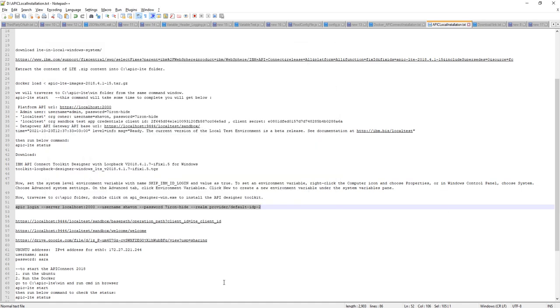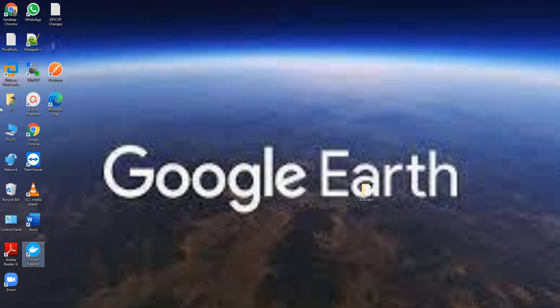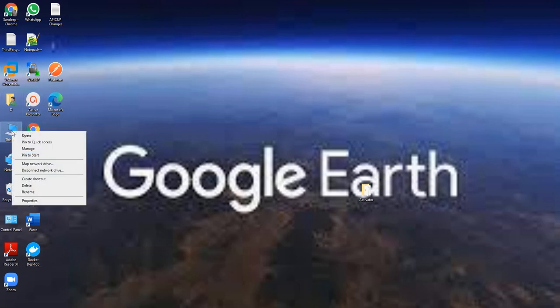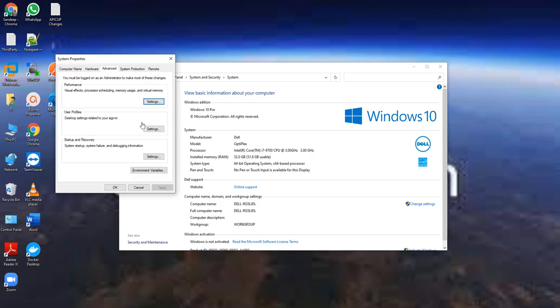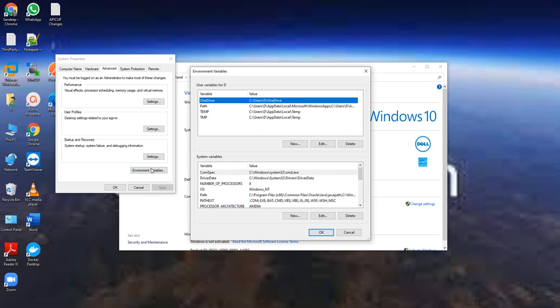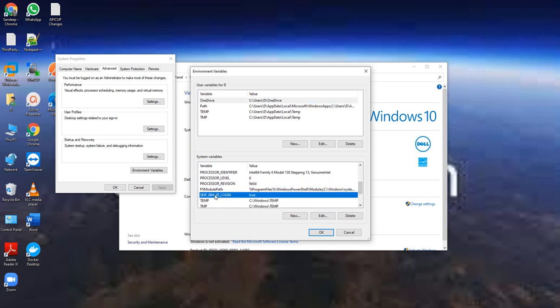After that you need to do one more important thing. Just go to your PC properties, and you need to set one system variable. I'll show you that. Go to environment variables, and in your system variables you need to create the variable skip-ibm-id-login.